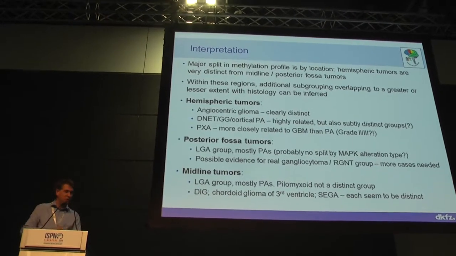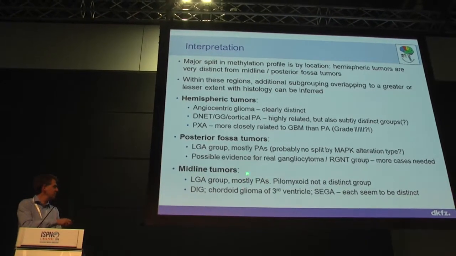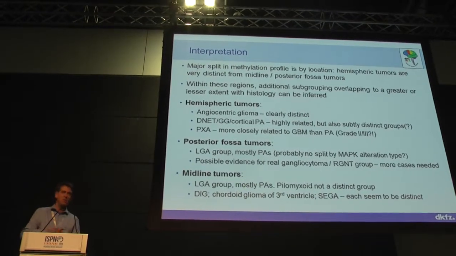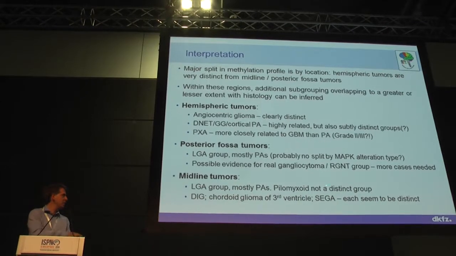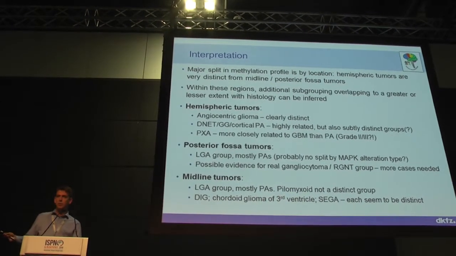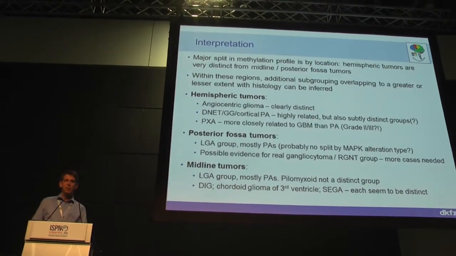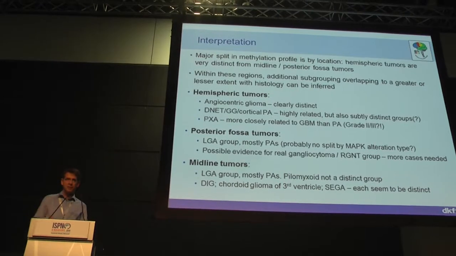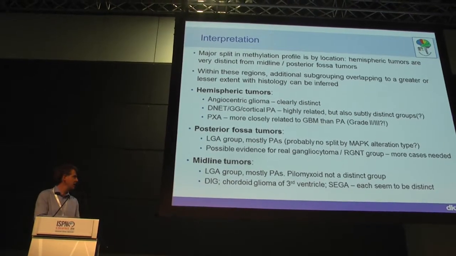And then when talking about the midline tumors, again, these low-grade astrocytomas are mostly PAs. We clearly don't see a biologically justifiable subgroup of pilomyxoid astrocytoma. We think that they only have a slightly worse prognosis because they tend to occur in the midline, they tend to be not accessible to surgery, and this is what explains the difference, but clearly biologically they are basically